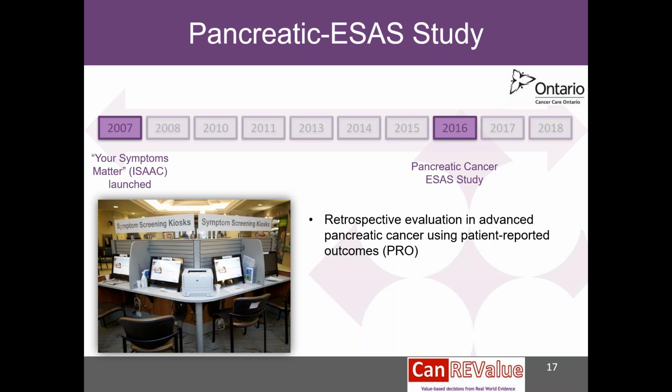Essentially, different regional cancer centers will have kiosks or sometimes paper surveys to ask patients on a routine basis, and sometimes on a longitudinal basis, how their symptoms are based on ESAS scores. After patients report their symptoms, those symptoms are shared with the clinician, so the clinicians will have real-time ability to look at the scores and even look back at previous scores and see if those symptoms changed over time. That was the original intent of this platform from Cancer Care Ontario and the regional cancer centers.